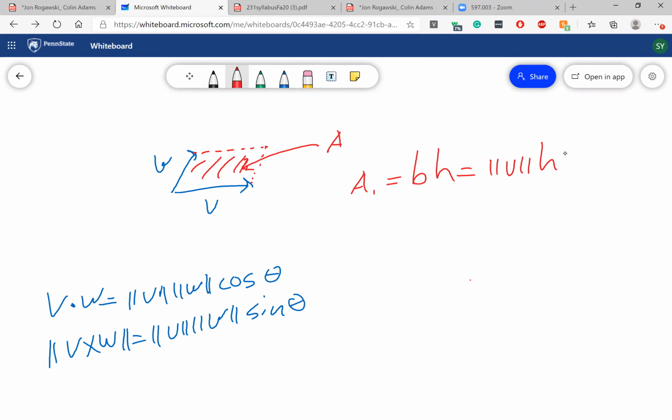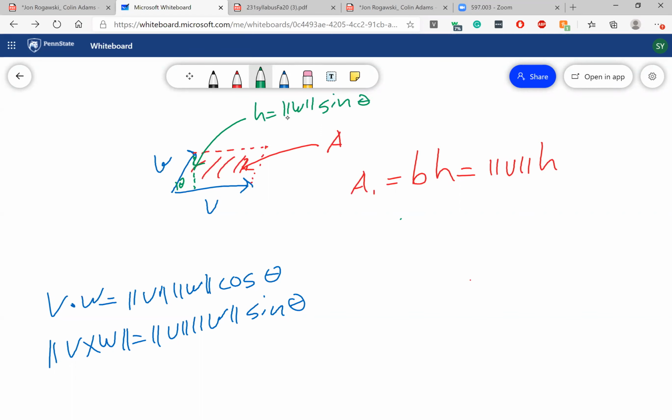Now, what is the height over here? So the height, this is the height, and this over here is my angle. In order to find this height, I can also look at the magnitude. So H is equal to the magnitude of W times sine